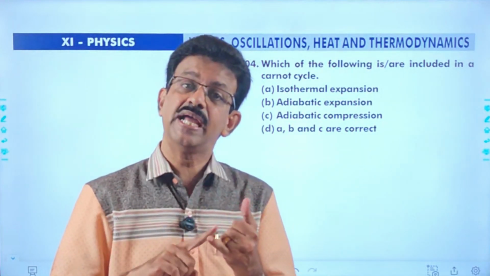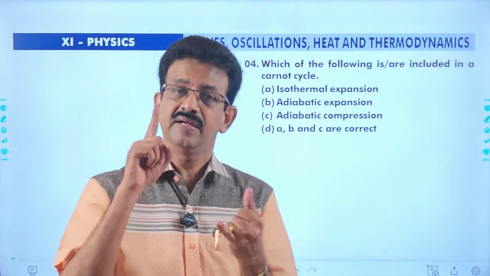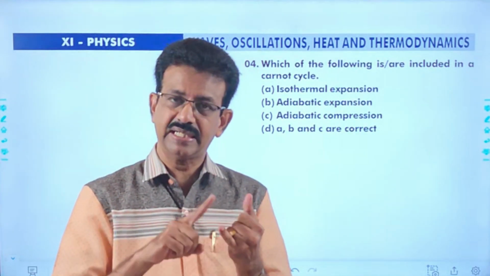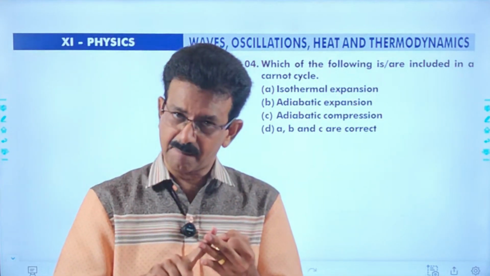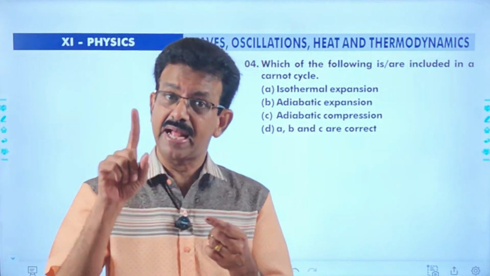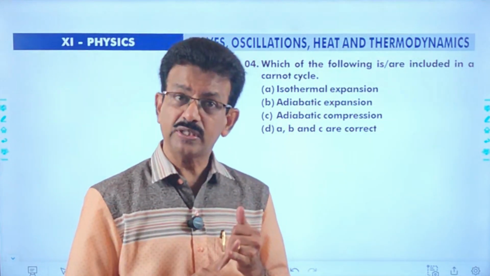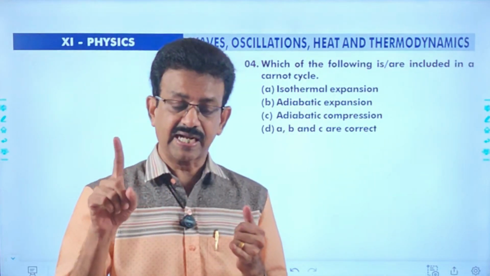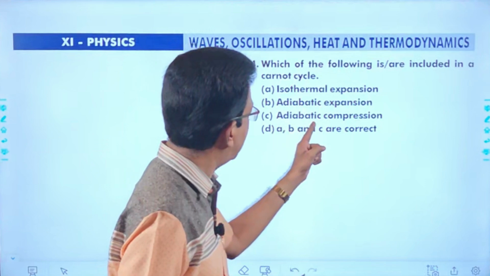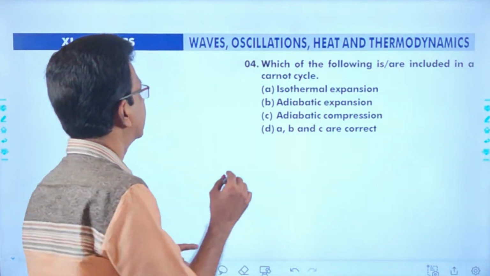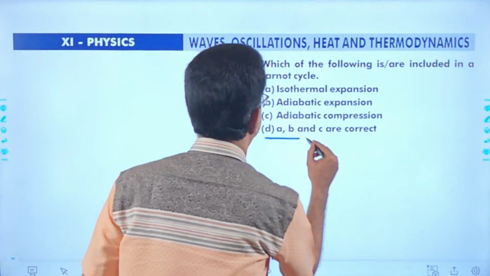Means the thermodynamic processes included in a Carnot cycle are: first one, isothermal expansion. Second one, adiabatic expansion. Third one, isothermal compression. And fourth one, adiabatic compression. Here, the choices: isothermal expansion, it is there. Second choice, adiabatic expansion, it is also there. Third choice, adiabatic compression, it is also there. Then A, B and C are correct. That is, the correct choice is